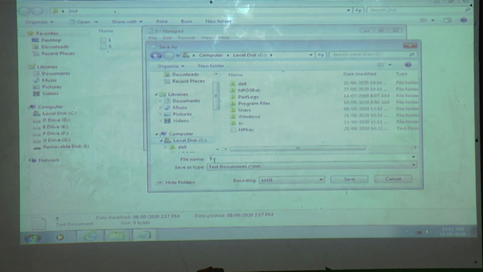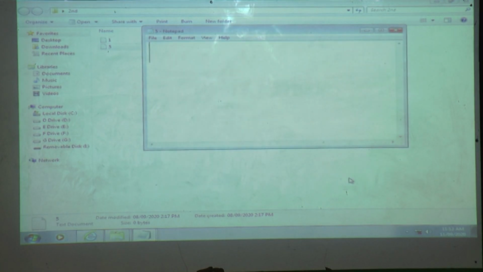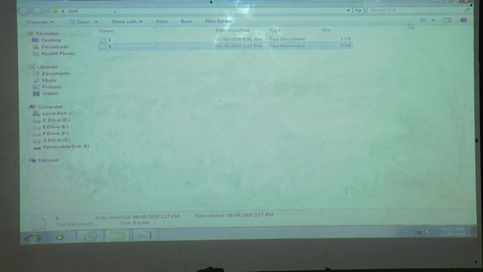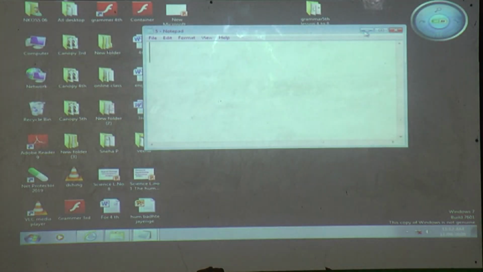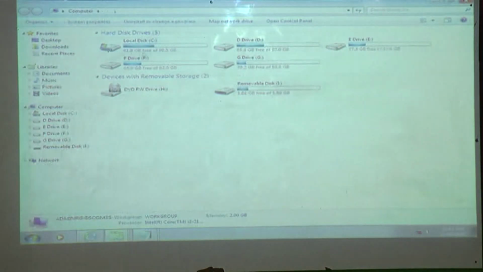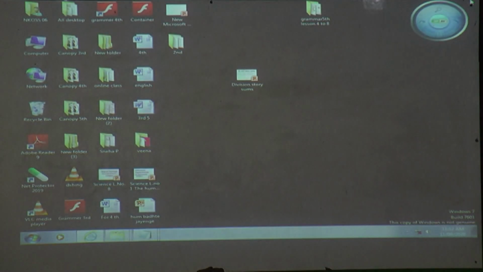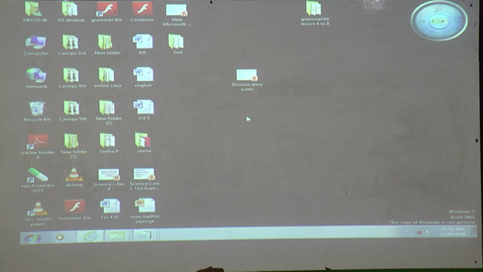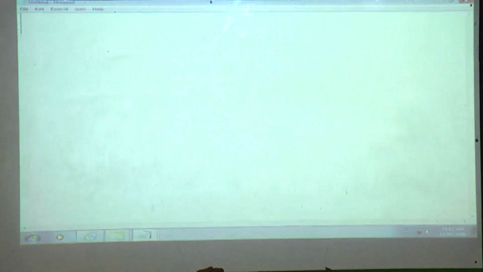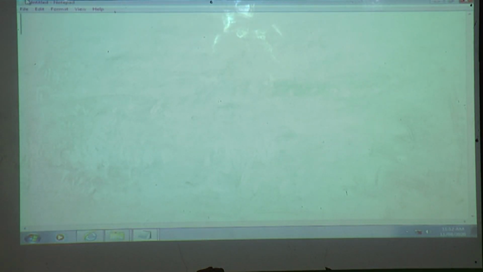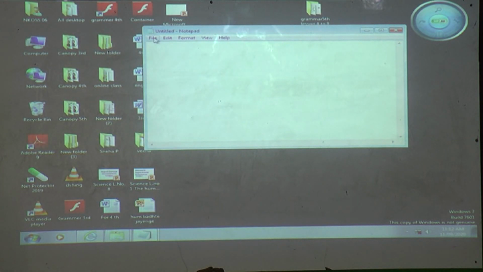You can see here the file name is the same. Okay, the same file we can see where? Yes, we can see it in C also. You can see here. What is the use of save as? We can save the same copy. Next one, in the menu bar the file menu is finished.